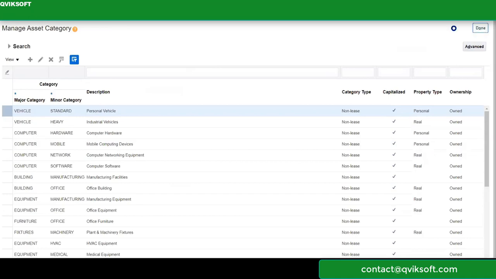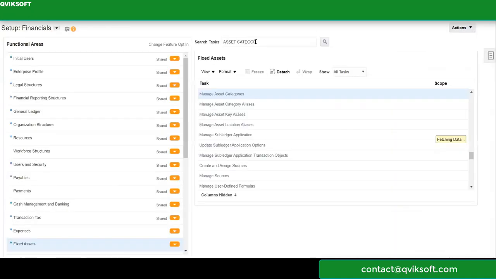So basically using the Rapid, we are able to load. Imagine if you are doing a real implementation, there could be thousands of locations, thousands of categories, books, maybe 5, 10 books. Each book has many category assignments. So that can be a massive task to create. With Rapid, you are able to upload all those in the system very fast.